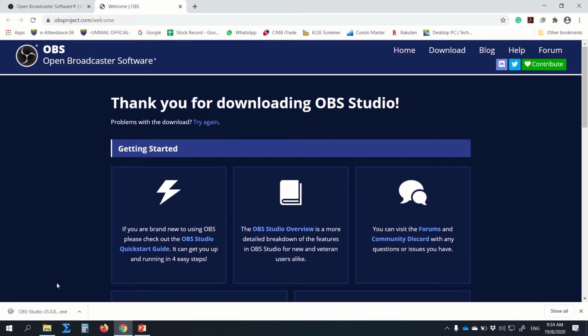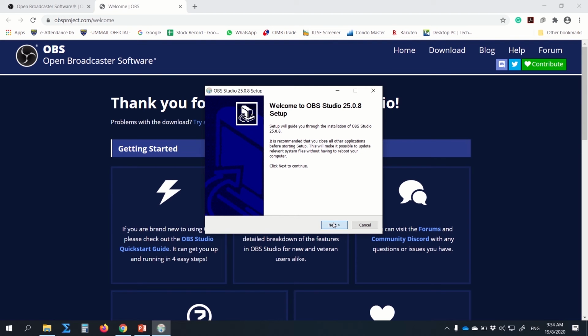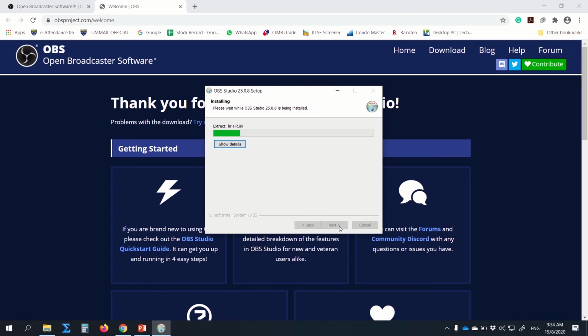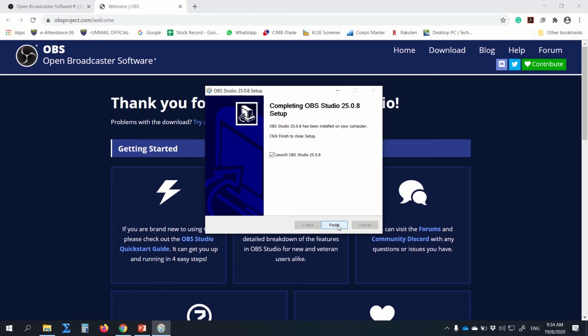So the file is ready, so now we can install it. Just click next. The file will be installed at the program file in drive C. This is the default location. I click install. It will take 1 or 2 minutes to install, depending on how fast your PC or laptop is. Okay,